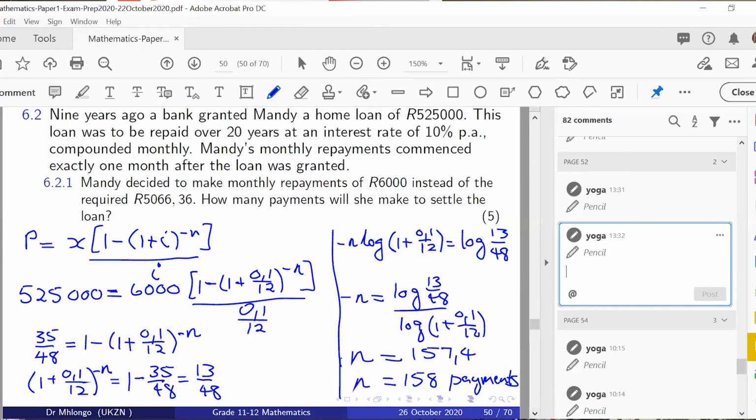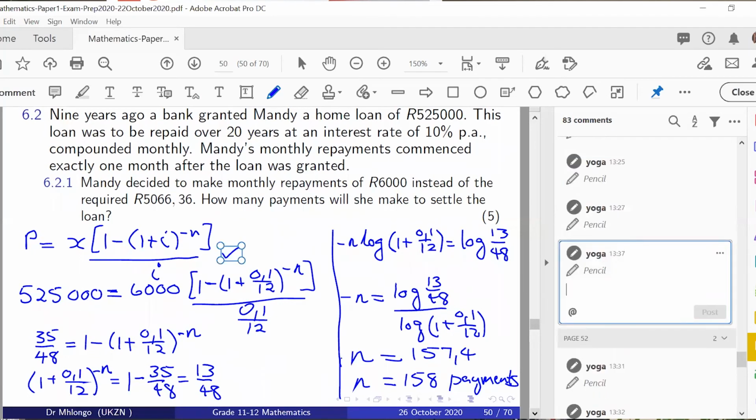We shall use the present value formula because presently Mandy has got a home loan of 525,000 and he is currently paying 6,000 rand, and that payment will be done for n period of time, which is what we are required to calculate. Now the formula for that is given,